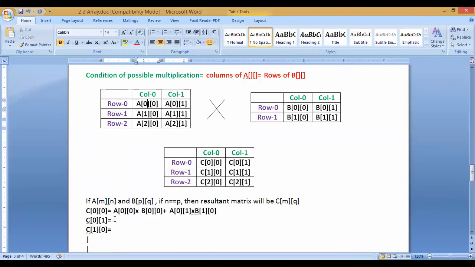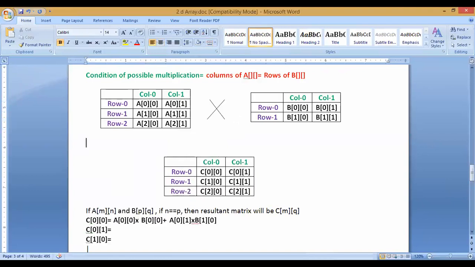Similarly, if you want to find, first of all, we should find what will be the dimension of the resultant matrix. Suppose my matrix A is of size 3 cross 2, right? And it is multiplied by B, that is 2 cross 2, right?